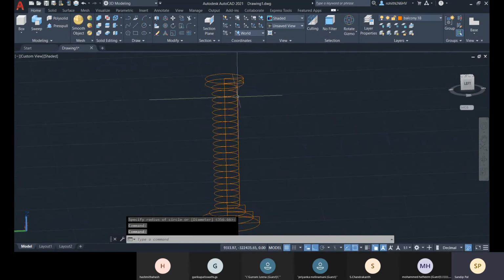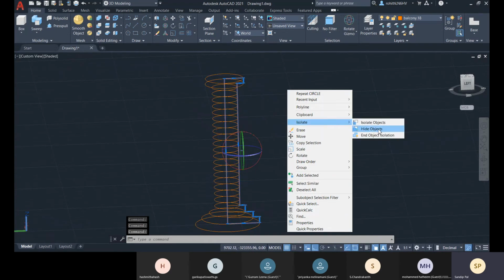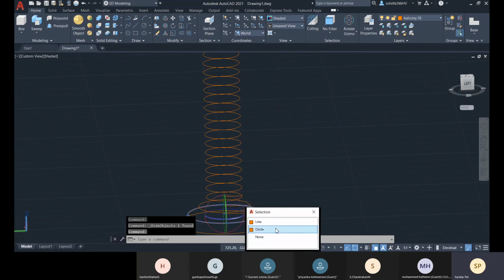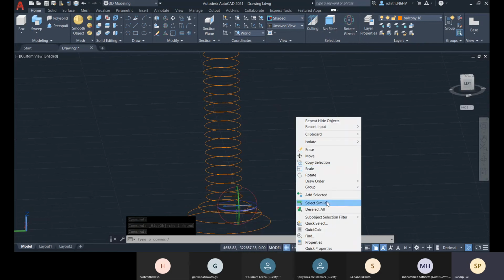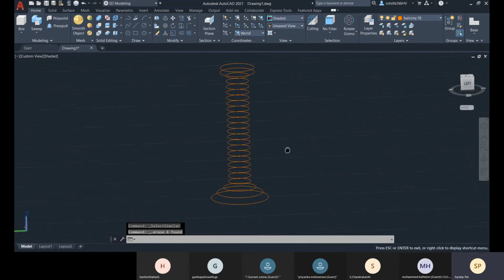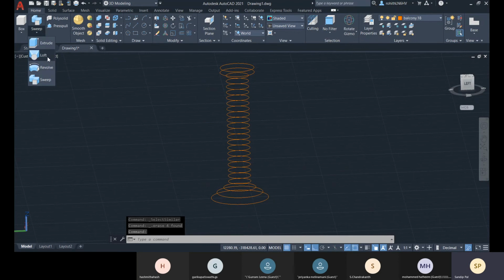Now let me hide this one, hide object, and here you can see, and all these lines, right click and go for select similar. All these lines are selected. Let me delete these, and you can go for this loft right now.